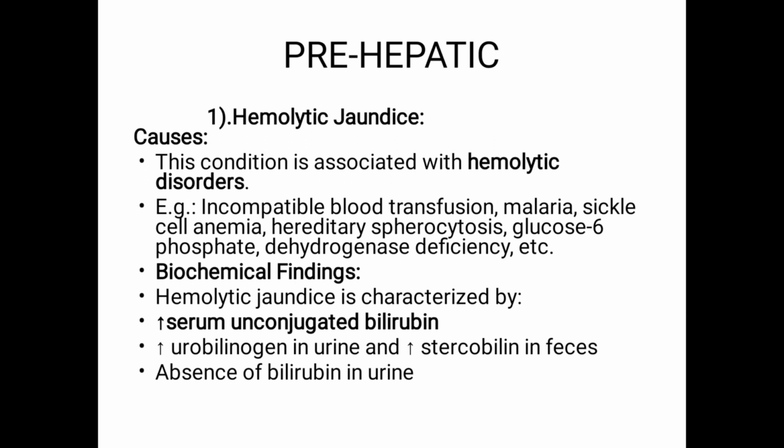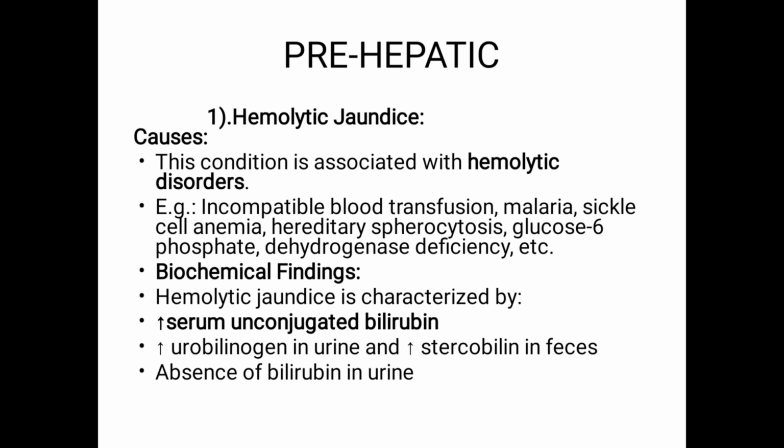Why? Because when elevated in the blood, unconjugated bilirubin is not excreted in the urine, as it is bound to albumin and is not filtered by the kidney. So what about conjugated bilirubin? It's water soluble, hence it is found dissolved in the blood and not bound to albumin.